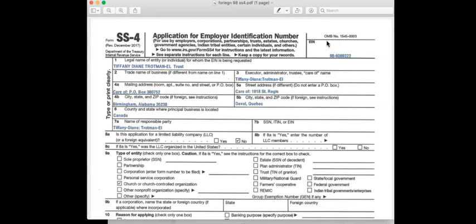So that number is 267-941-1099. That is 267-941-1099. Okay, so you're going to call this number after you have completed this SS4. They're going to ask you on the phone if you have completed your SS4, okay? So you want to make sure that you complete this so that you can follow along, because they sometimes won't